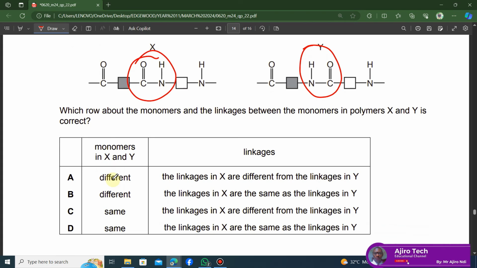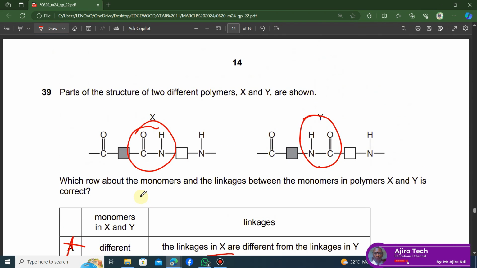So let's look at the options. It says the linkages in X are different from the linkages in Y. So anything that has different linkages is off. We're only left with options B and D, because they have the same linkage. Though it's rearranged, it's the same amide link. Now let's look at the other part, whether the monomers are